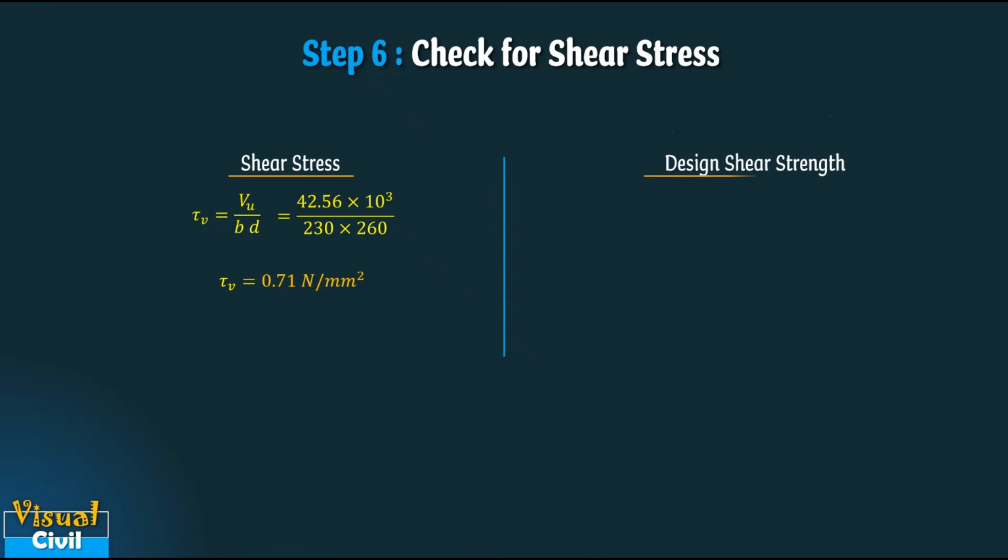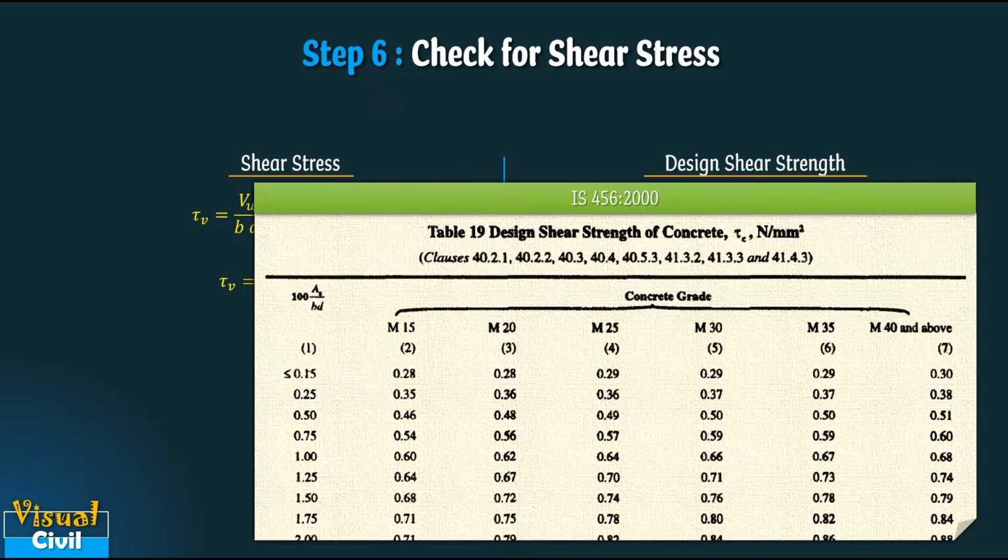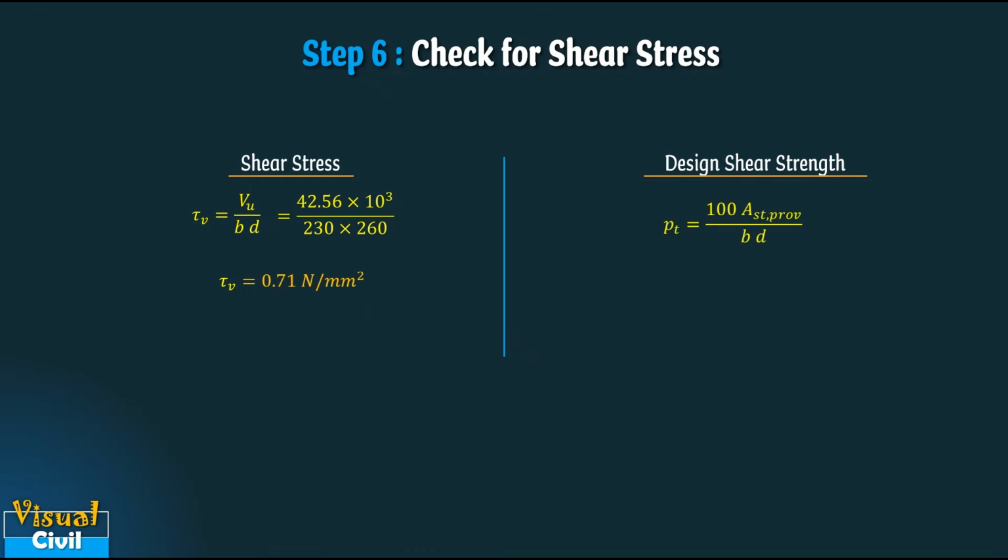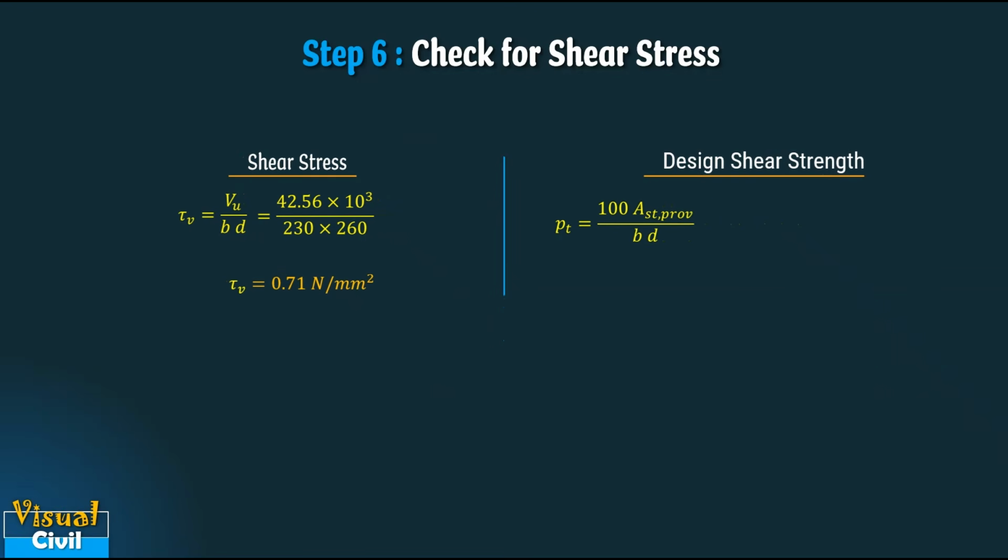Now let us compare the shear stress with the design shear strength of the beam. We can get this design shear strength based on the percentage area of a steel provided and the grade of concrete from table 19 of IS 456. So, let us calculate the percentage area of a steel provided. By providing the values of area of a steel provided, width and depth of the beam, we get the percentage of a steel PT as